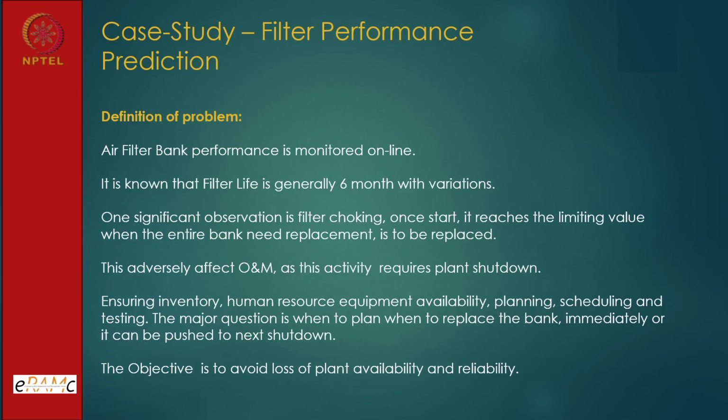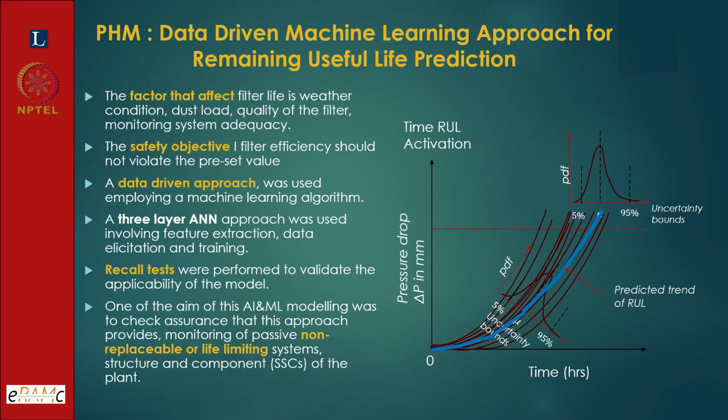And then we have a case study on a filter. It is just for understanding, because specific case studies cannot be given. There is a plant, and filter choking requires plant shutdown. If the filter has choked, there are consequences: the filter might rupture, or the filter efficiency comes down. So, if you can track it,